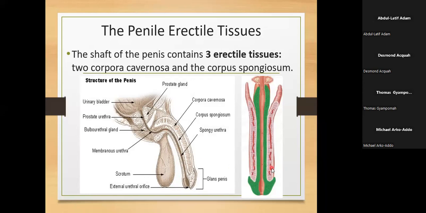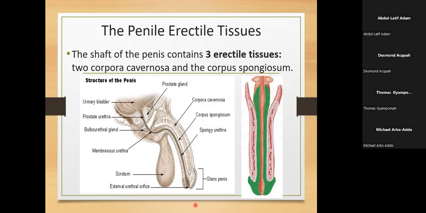So we say that it has three erectile tissues, but basically it is the cavernosa here, which has been split into two, and then lined in between with the spongiosum. I hope you are following it. Typically it is this one which will be filled with blood for the engorgement and so forth. I'm sure you can appreciate that it has three erectile tissues, but two are the same, the one here and the other by this side.